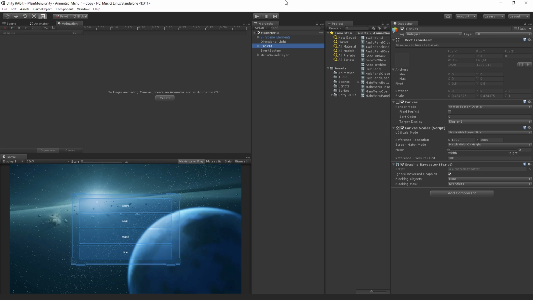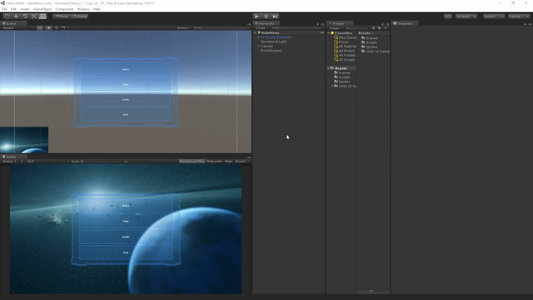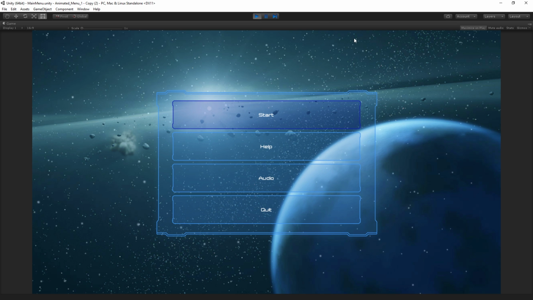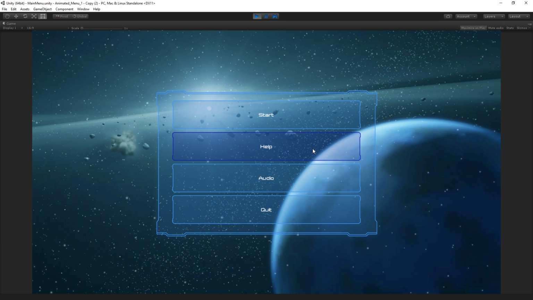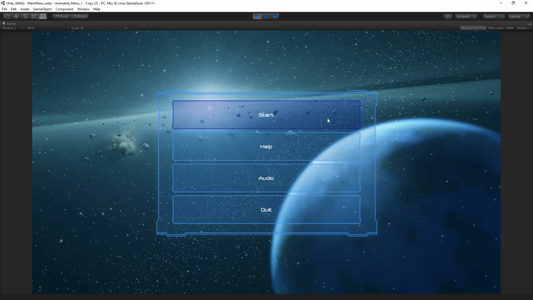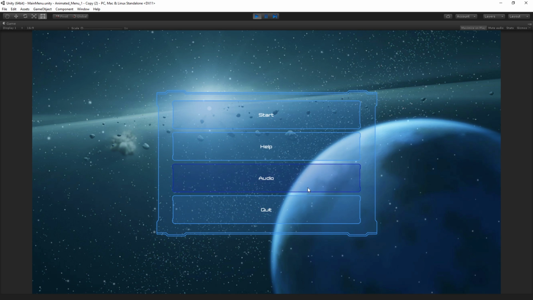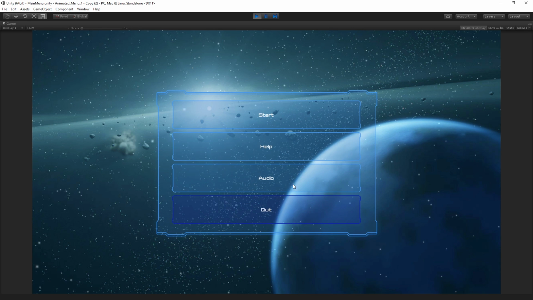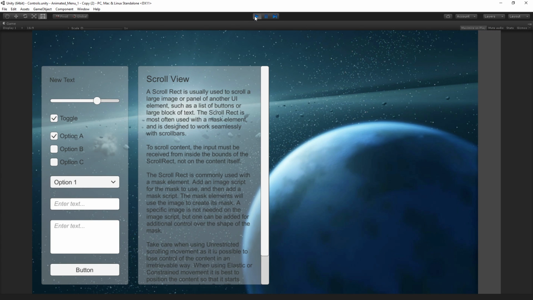So let us begin. I'm going to close this instance of Unity with the finished project, and I have behind it an instance of Unity with the project in the state where we left it last week, or 2 weeks ago at our previous training. So in its current state, I'll just play this and show you, we've got these sort of dark blue highlights, which are using the color transition mode in the UI, and we'll talk about that. And then we just cut between the panels when we select them,